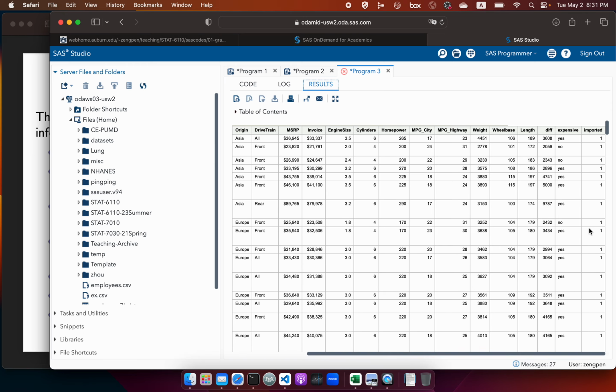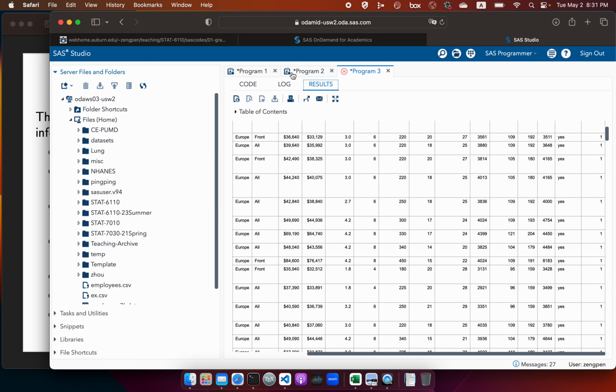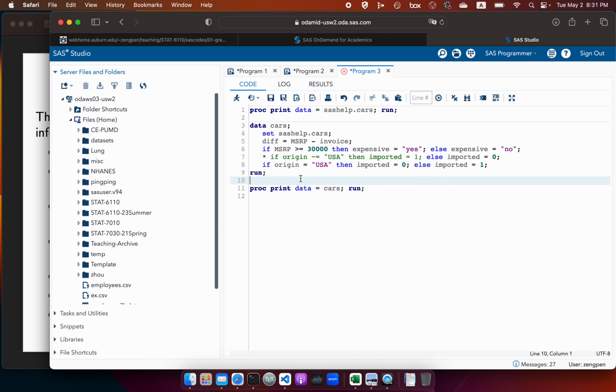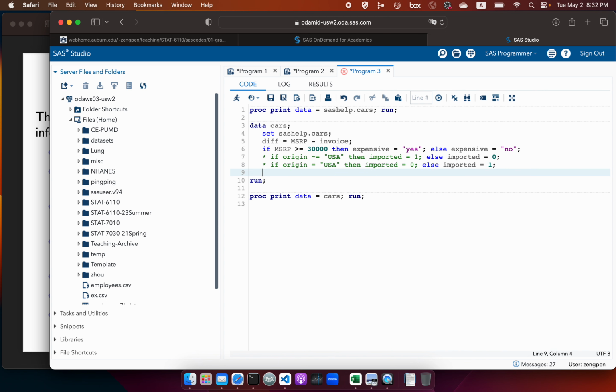So look at the last column, right? 1 or 0. In fact, for this one, because we just do a judgment, the possible values are either 0 or 1. So that is an even more convenient way to write the code. You can directly write imported equals origin not equals USA, right? So basically we just directly let this variable equal